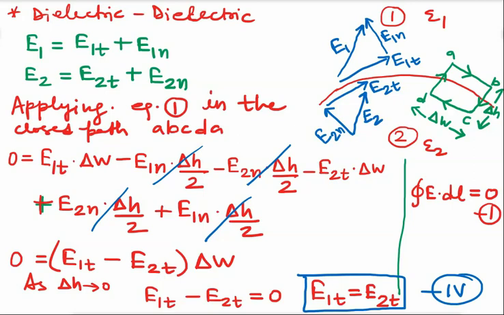So the tangential components on the two sides, the two mediums at the boundary, are equal. This we have derived. This is one boundary condition, and we will derive some more, but this is one of the boundary conditions we need to determine. Now, how is it helpful in calculating? If this relation is established, certainly it will help us. If the tangential component of the electric field is known to us for one medium, then through this condition we can conclude that it will be equal for the second medium also.